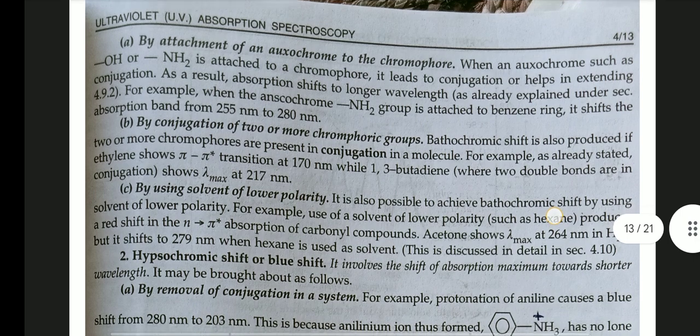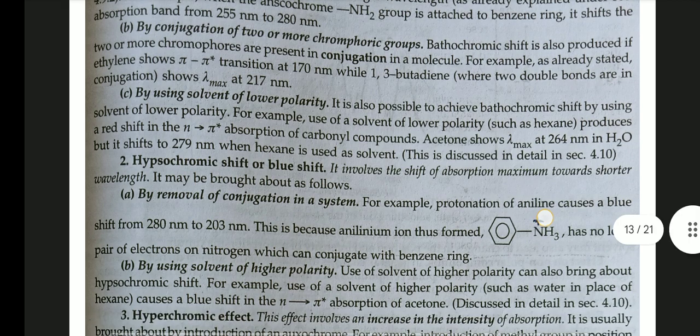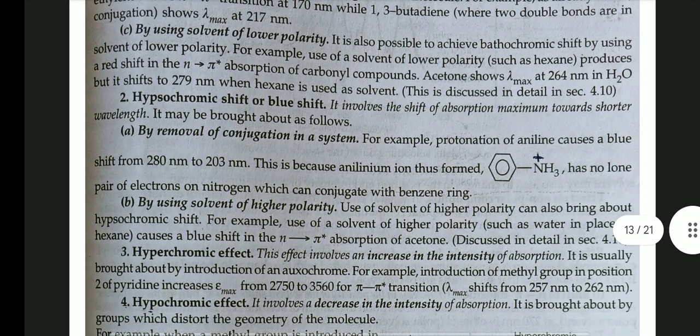By conjugation of two or more chromophoric groups: a bathochromic shift is also produced if two or more chromophores are present in conjugation in a molecule. By using a solvent of lower polarity: it is also possible to achieve a bathochromic shift by using a solvent of lower polarity. For example, use of a solvent of lower polarity produces a red shift in the n to pi star absorption of carbonyl